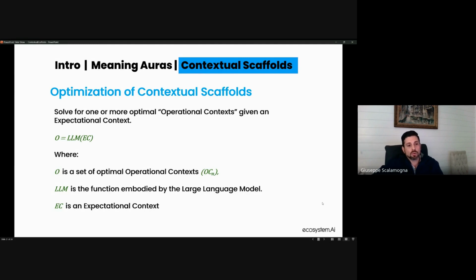Which brings me to a notion that we're likely to explore further in the future in terms of optimizing contextual scaffolds, effectively solving for one or more optimal operational contexts given an expectational context. This is a lot of math. I'm not going to dig into it, but suffice it to say that there's likely multiple optimal operational contexts for any given expectational context. And using a more rigorous structured approach, we might think of how the model might help us arrive at this,